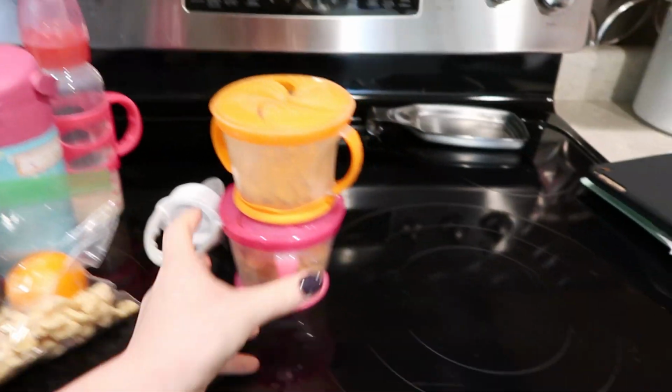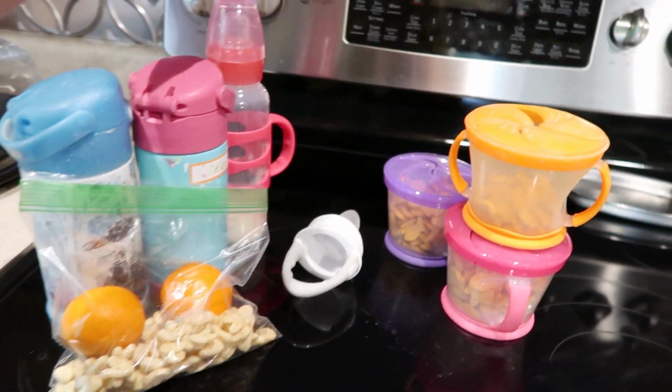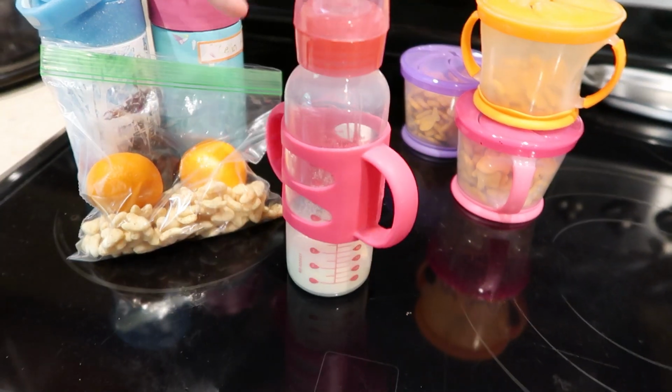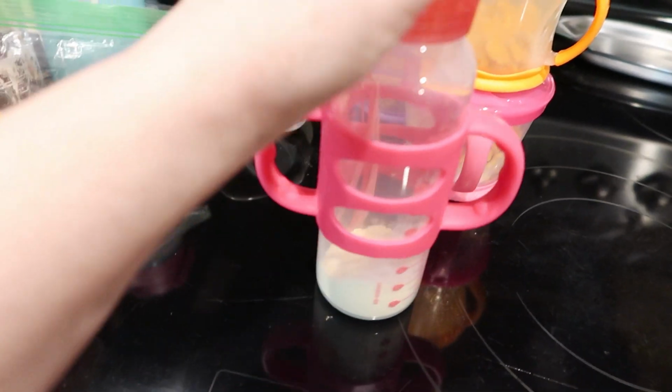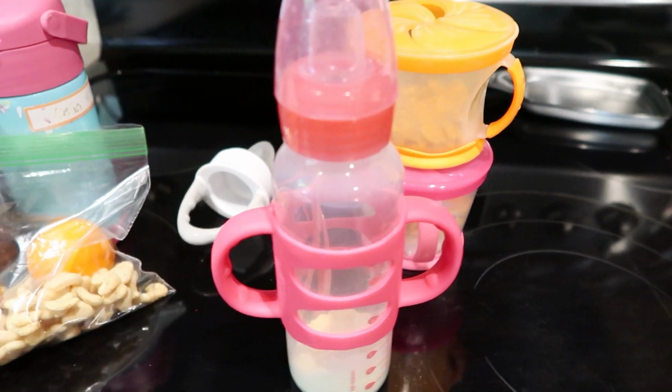Okay, we've got our snacks ready for in the car. We've got water bottles. Packed a bottle, it's like a transition bottle, so it's got a sippy cup top for Gwen in the boat in case